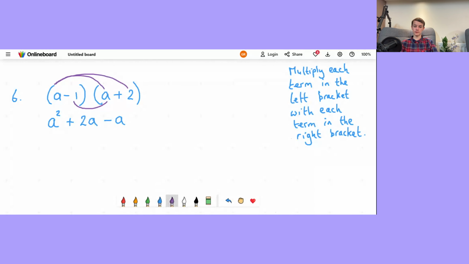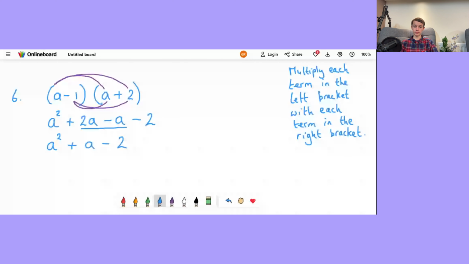Then you times the minus 1 by the plus 2, minus 2. Because a minus times a plus equals a minus. You can still do maths on this, so you have to simplify it. So the answer will be a squared plus a